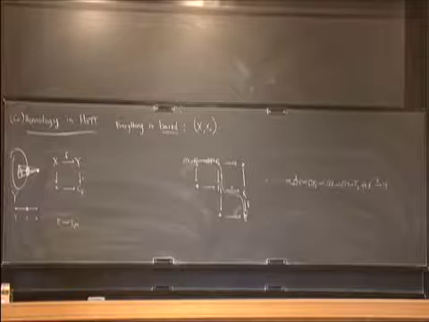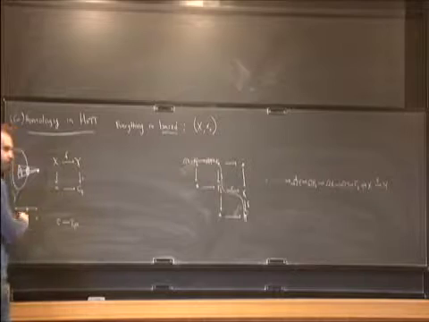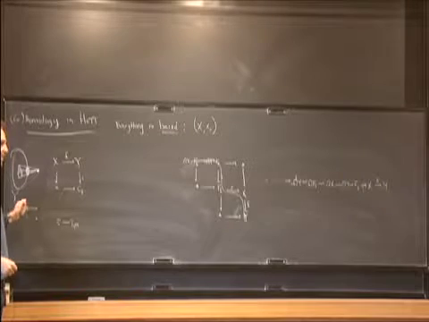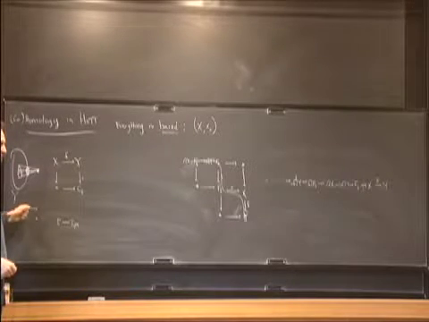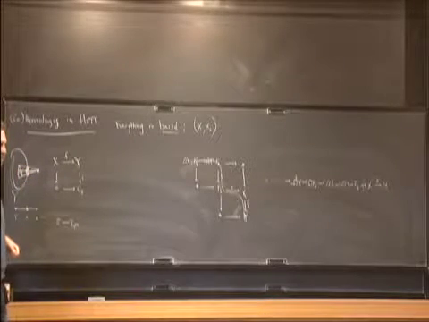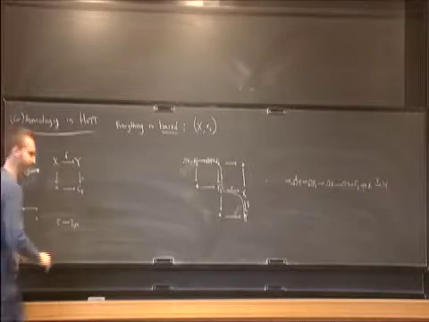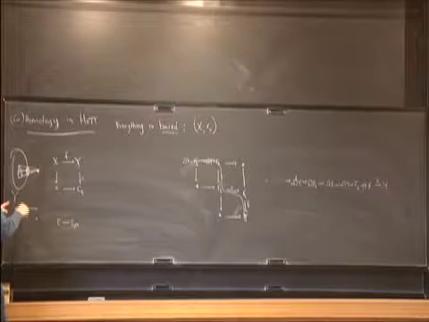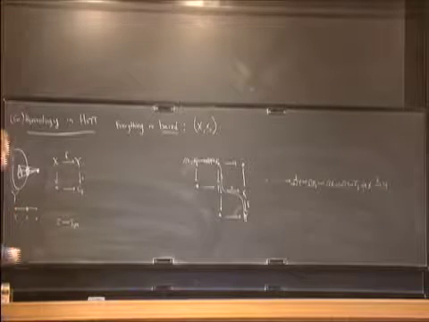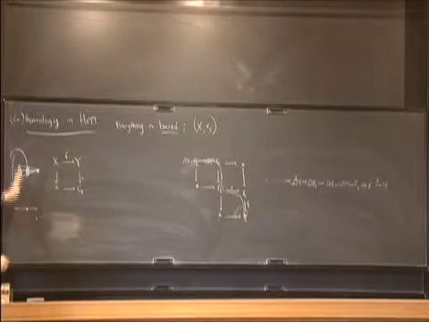Wait. But what is the base of this fibration, in the example of homotopy push-out? It's just an interval. But the fiber over one point of the interval is y, and the fiber over another is one point, which is not... You're right. So it's not a fibration in the topological sense. It's a fibration in the higher categorical sense, right? It's a family. It's a family, sure. Okay, let's not belabor this point. I just wanted to draw a picture of how I think of the homotopy colimit. Fundamentally it shouldn't change homotopy type. Yes, you're right. It's a family. Let's just stick with that.